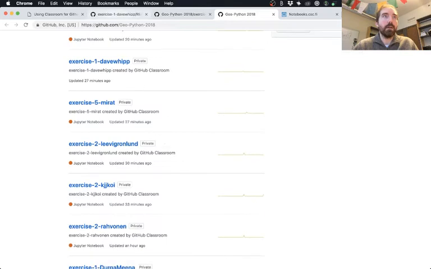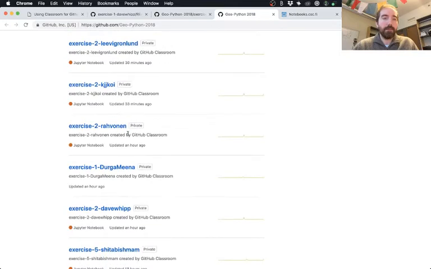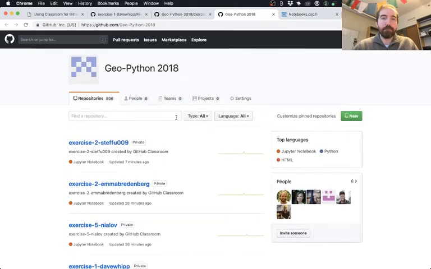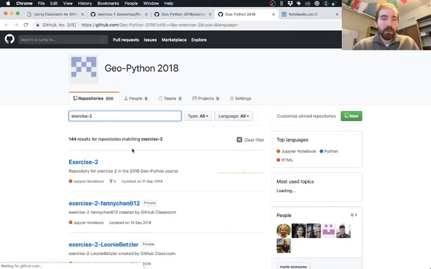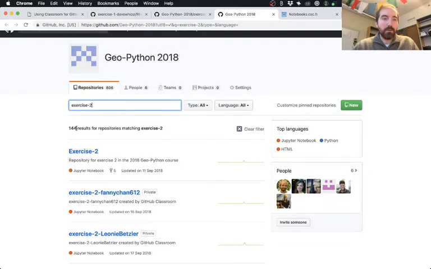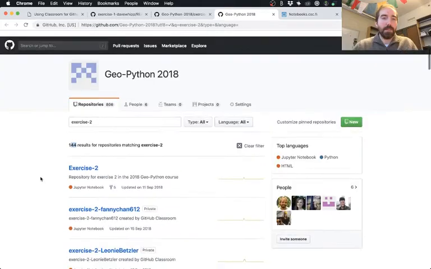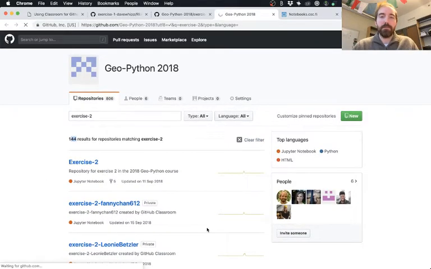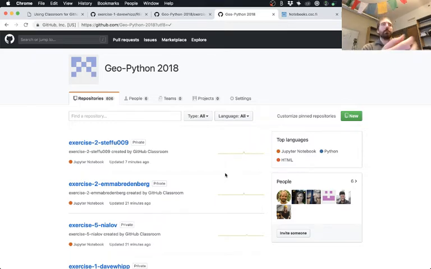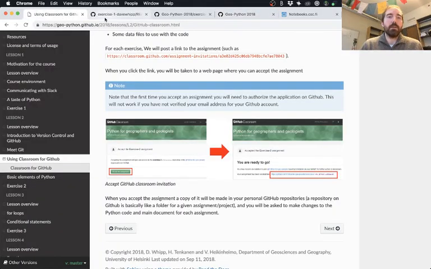Seems like you guys are figuring that out. It gets a little bit hard to keep track of everything because now there's 144 repositories to come up with exercise 2, but yeah, it seems like that part's okay. Looked like there was maybe one more person typing in Slack, so we'll hold off for just a second here.